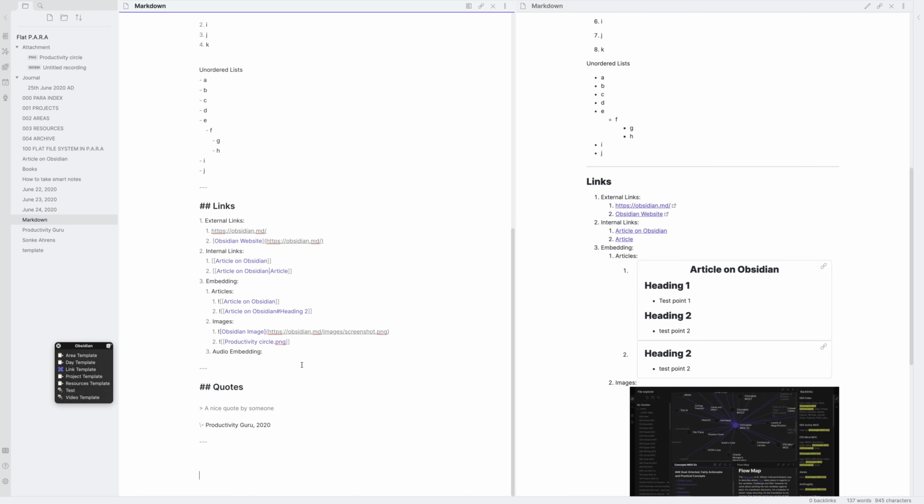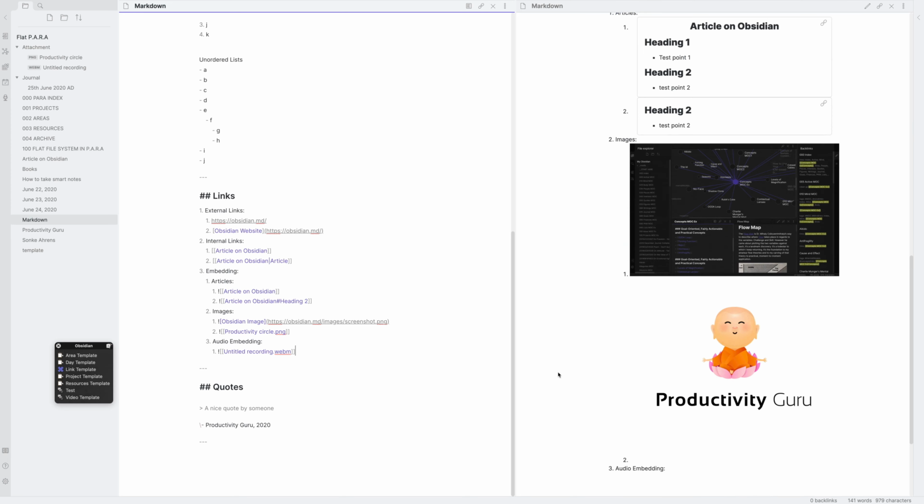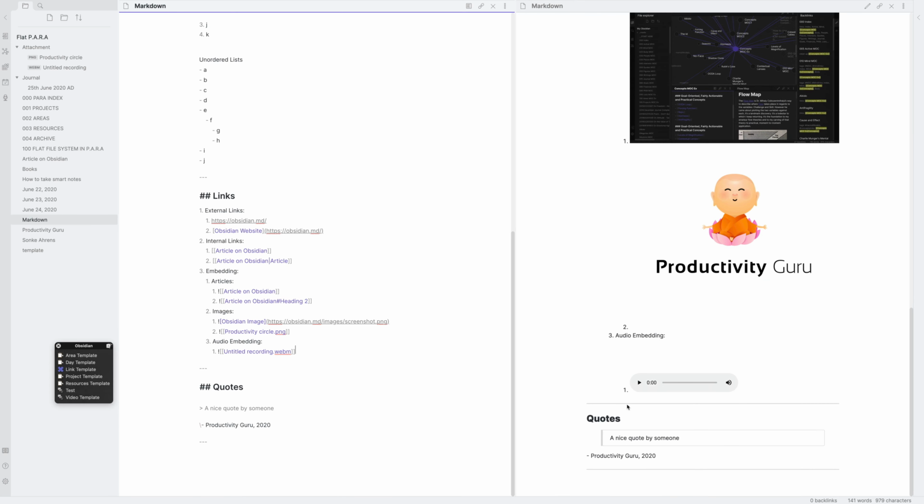Okay, and now I'll just stop recording. You can see it's already created the recording over there, and it's given me the recording here as well. It's embedded it here. So we'll just do Command X and we'll embed it here. And what does that look like? Let's play it and see.